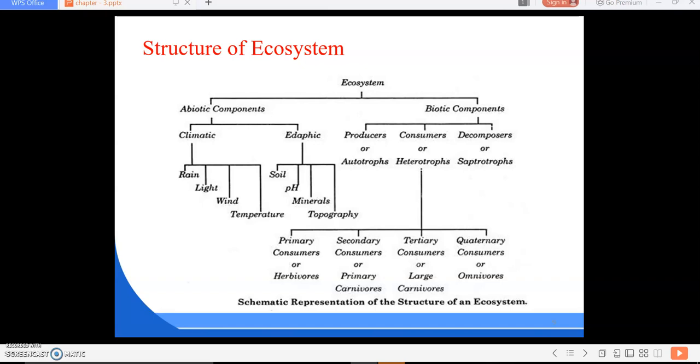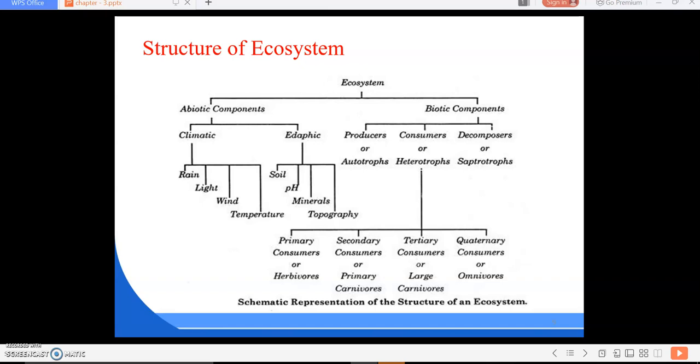So next we are going to study the structure of an ecosystem, and it is very important. It is a description of the species of organisms that are present, including information on their life history, populations, and distribution in space. The structure of an ecosystem provides information about the range of climatic conditions that prevail in the area. The composition and organization of biological communities and abiotic components constitute the structure of an ecosystem.